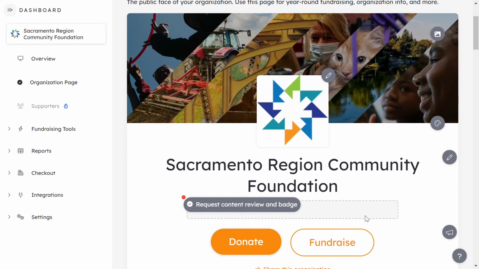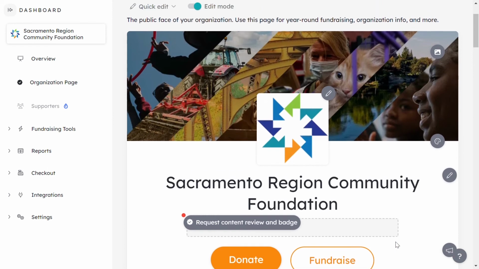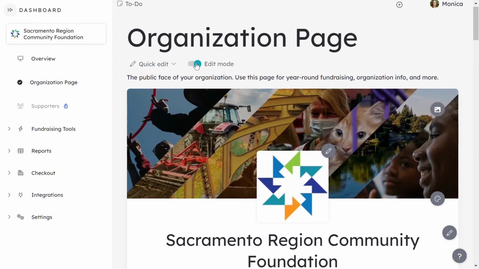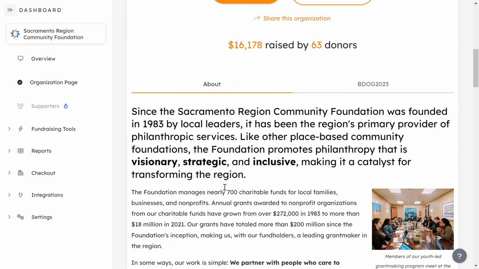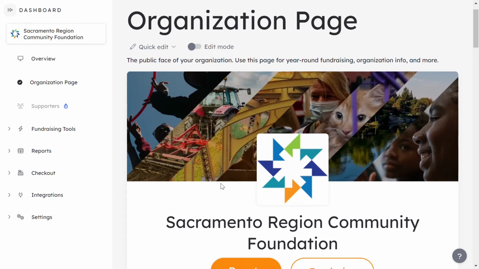You can also click on this button if you want to hide the fundraising button there, if you don't want people to be able to create peer-to-peer pages for you. If you go up here, you can also switch out of edit mode so you can see what your profile will look like in the public view. So if we go back to editing,